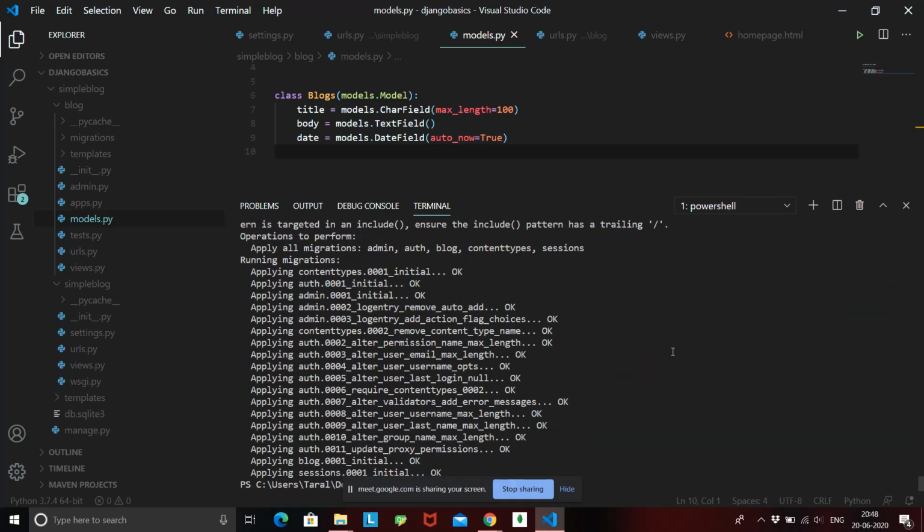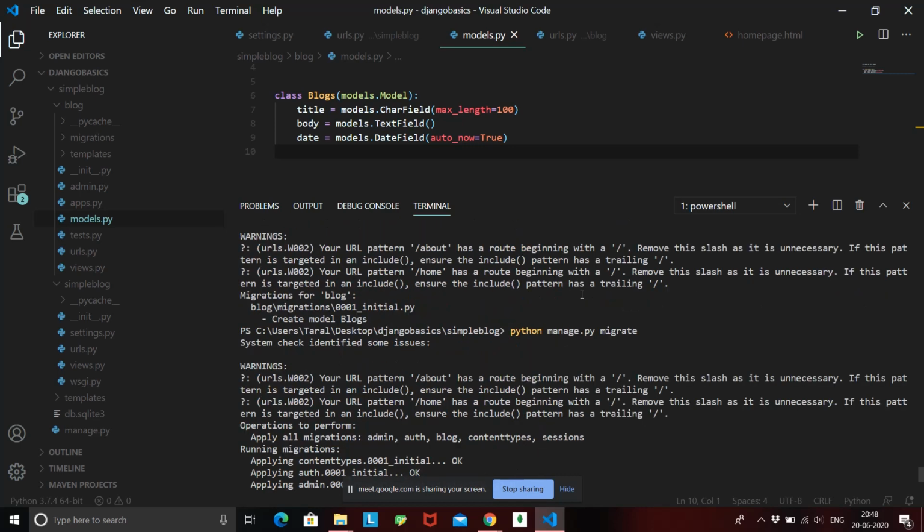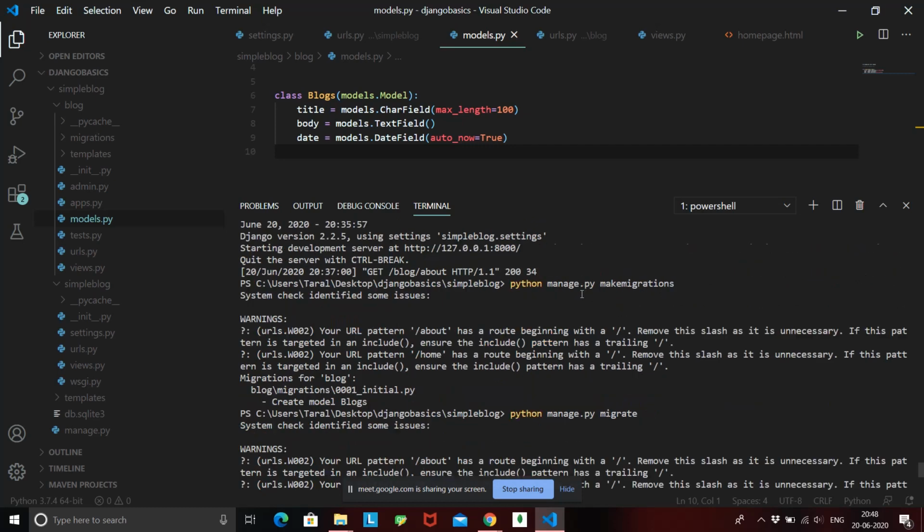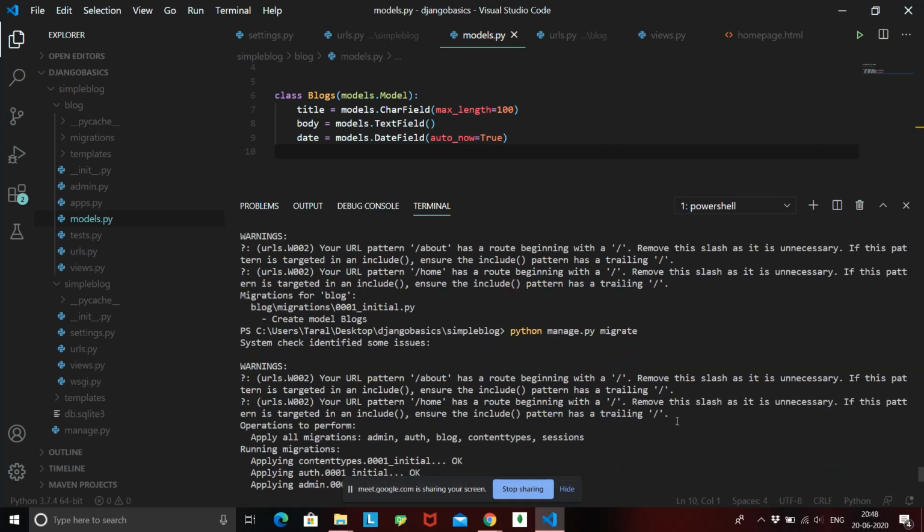So if I hit enter, this is going to apply all the migrations to the database, and now you don't have to actually know what this stuff is. It is just all the backend stuff. But the two commands to create a database table are: first you need to write this class, then you need to run the command python manage.py makemigrations, and after the table is created you need to save it inside database using the command python manage.py migrate. Okay, now actually if I go to my database and see for the table, I am going to see a table that is blogs. Fine.